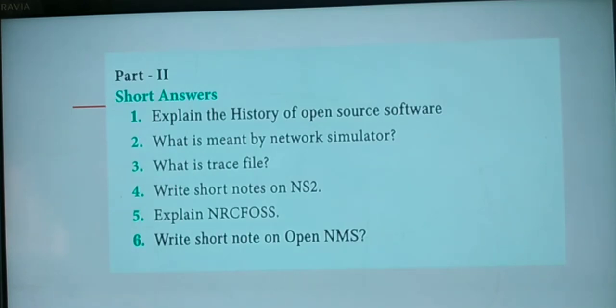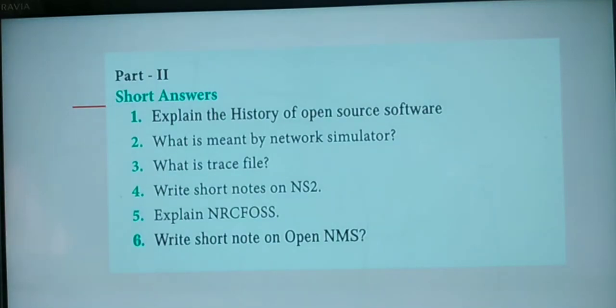Then come to the 6th one. Write short notes on OpenNMS. For that be in page 205. Introduction para you are having now, OpenNMS. Beginning from that, till you people have to mark, that is training and support. So totally you will be having 6 lines, 6.5 lines. Okay, ma'am. So that is for your part 2, 6th question.